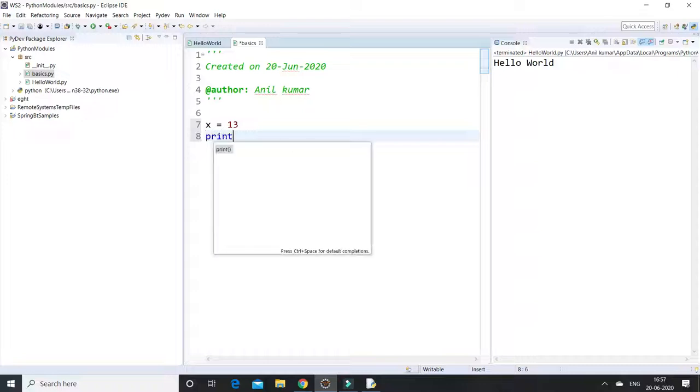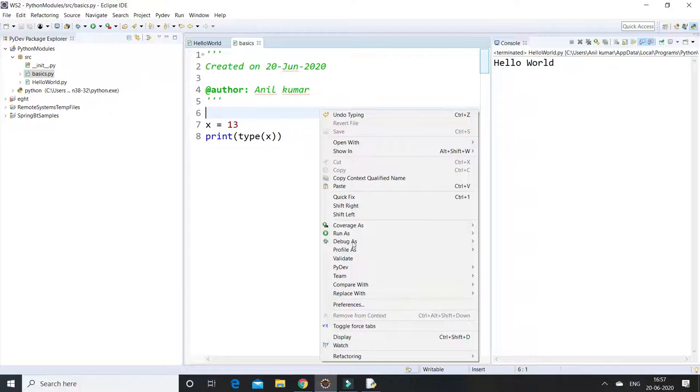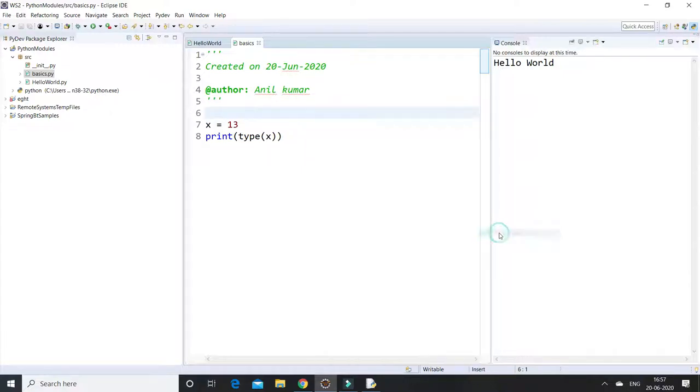So print type, and pass the parameter x, if you want to see what data type has been allocated to the variable. Let us save and run this application. See, it is showing class int.